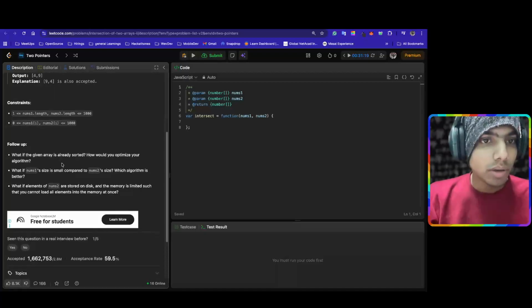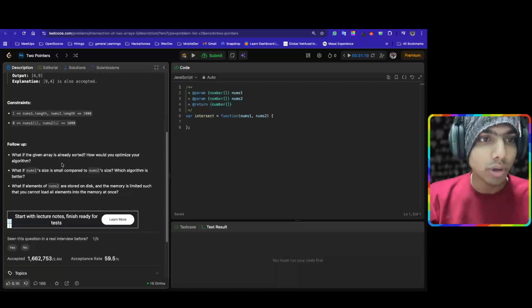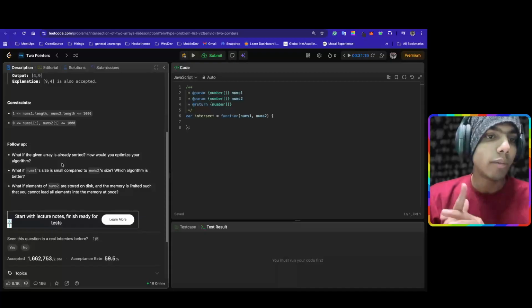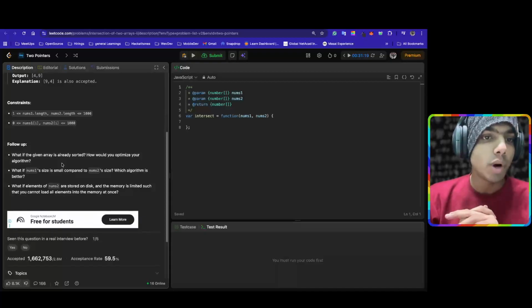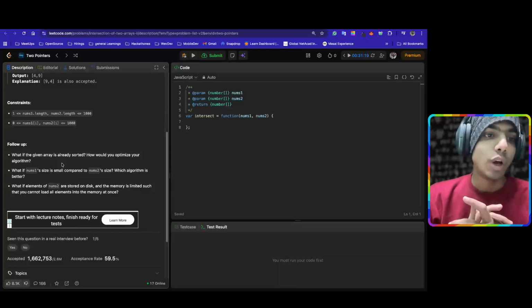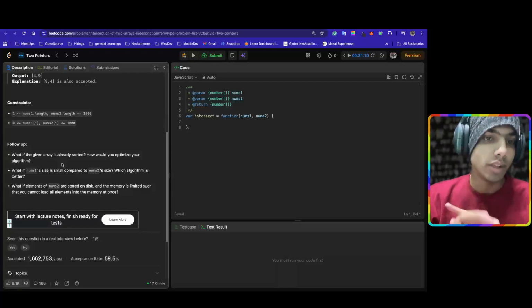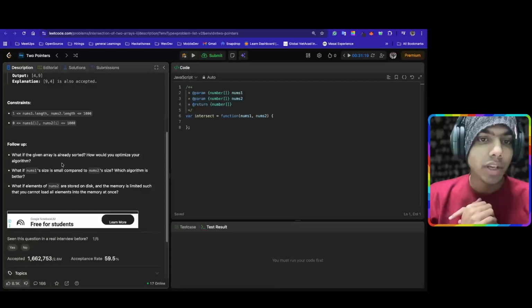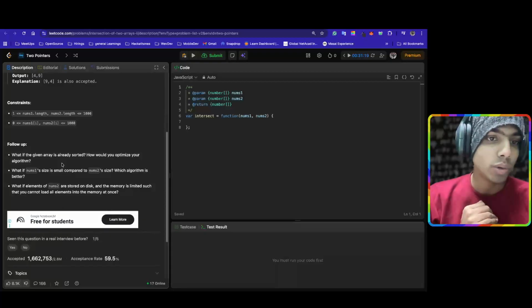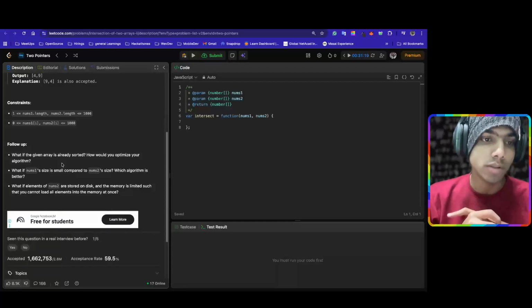What if the given array is already sorted? How would you optimize your algorithm? What if nums1's size is small compared to nums2's size? Which algorithm is better? What if elements of nums2 are stored on disk and the memory is limited such that you cannot load all elements into the memory at once? Okay,